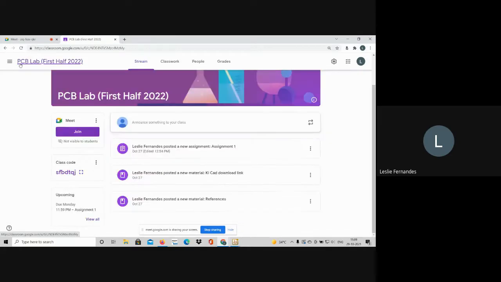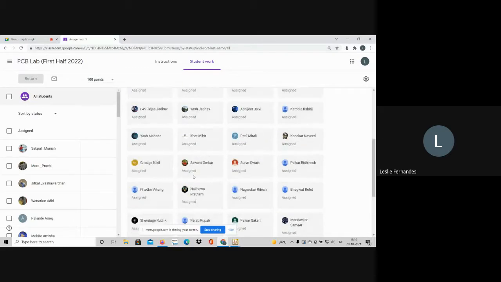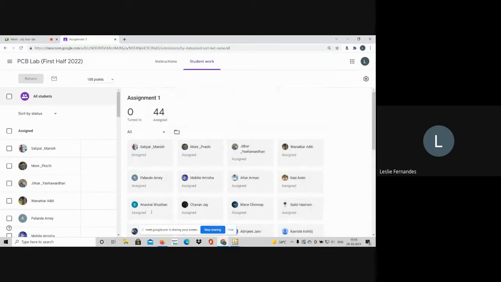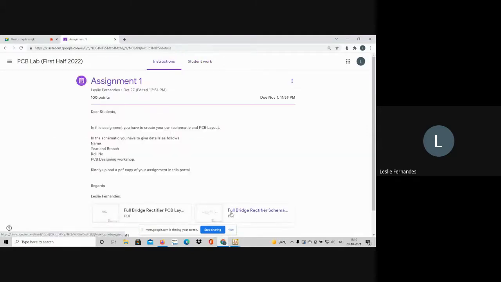Okay, and I'm very glad to know many of you have already completed the first assignment also. Many students have completed the first assignment. The students who have completed the first assignment, your second assignment is you have to create your mini project. You have to create a PCB layout for your mini project. You can start with it and create that layout for the mini project. I'll be later on giving you a link over here to upload. Right now whoever has completed, you can upload over here so that I can understand that is their work. Okay, do it by Monday.